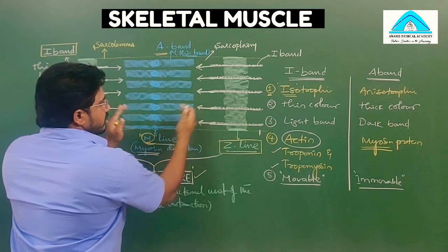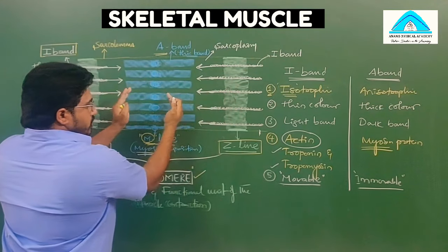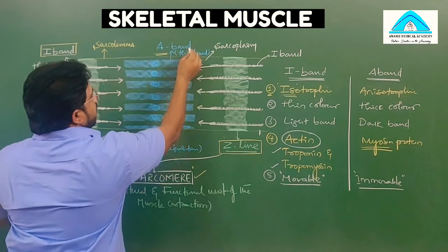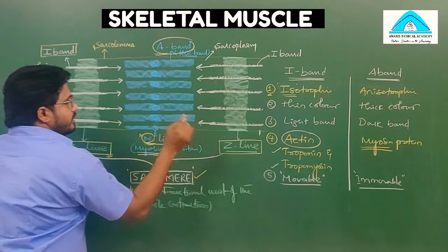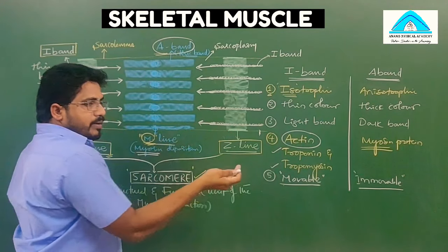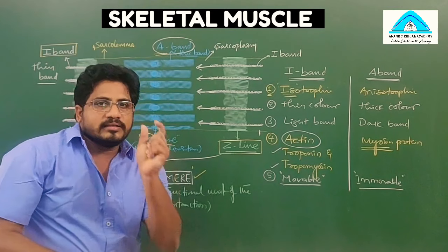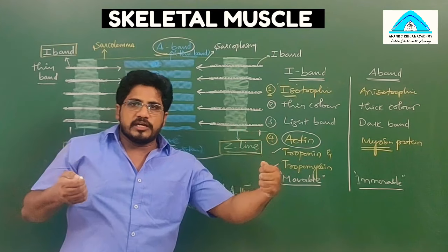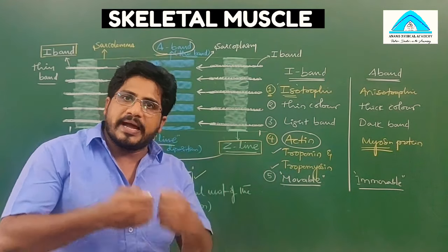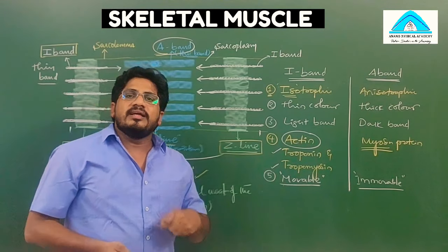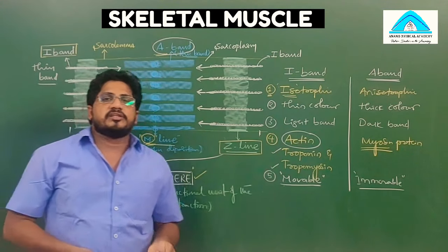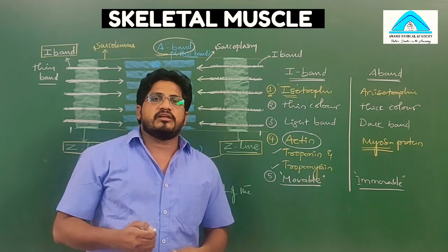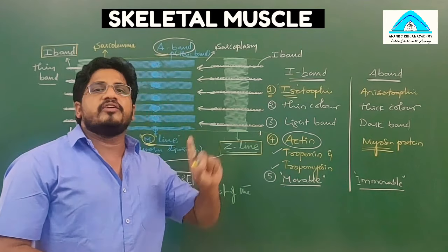During muscle contraction, this Z line and this Z line come closer, so that the I bands present on both the sides are overlapping on the A band. So the sarcomere distance will be less. That 1 centimeter becomes 0.5 centimeter. That is called contraction. When they go away from the center to their original position, 0.5 centimeter goes back to 1 centimeter. That process is called relaxation. How contraction and relaxation take place is a very big phenomenon. In first year human physiology, the muscular contraction or sliding filament theory concept is there. There you will get this concept.